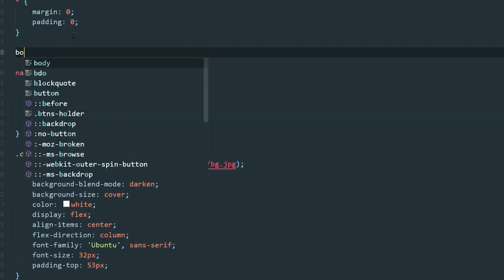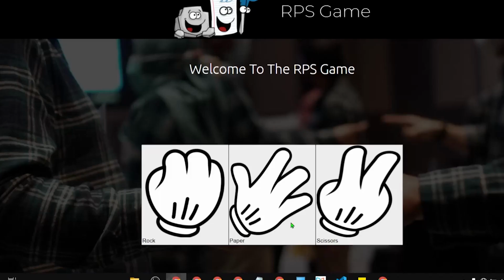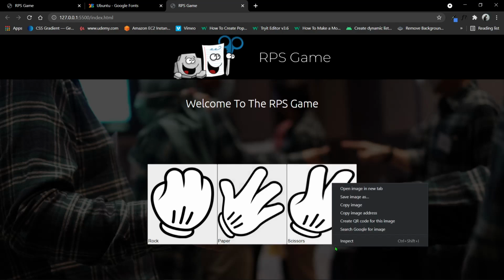We will target the body, and here we will write overflow hidden. Okay, just using this line, look, the option to scroll has gone. It is pretty useful when you are making this type of game, or any type of game, mostly it is like this.